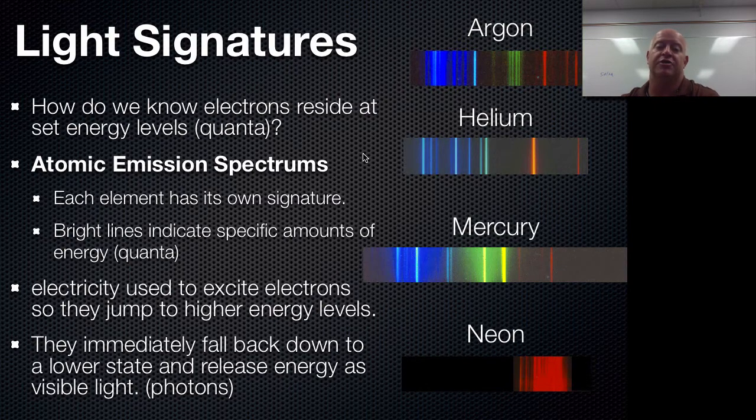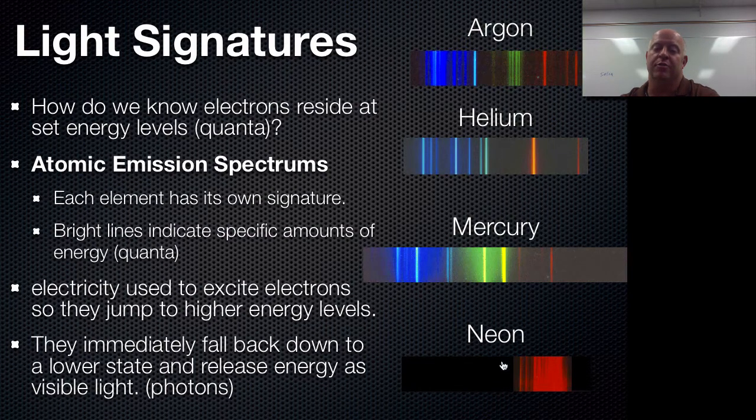So as soon as that electron jumps up and absorbs energy, it falls right back down. When it falls back down to a lower energy level, a very specific amount of energy gets released. Now, it always releases energy in packets of light we call photons. Most of the energy gets released in the visible spectrum. Some of it does get released in the infrared or the UV, but we see most of these packets of light in the visible spectrum, which means we can see it or track it.